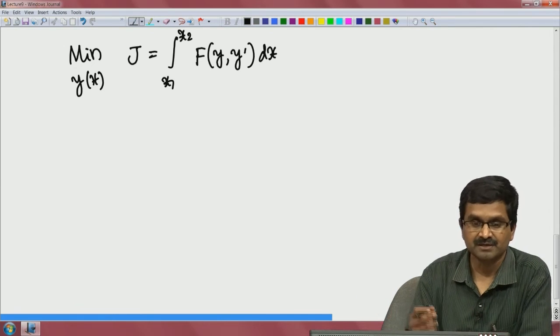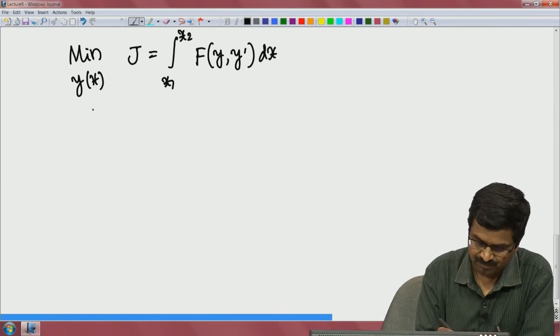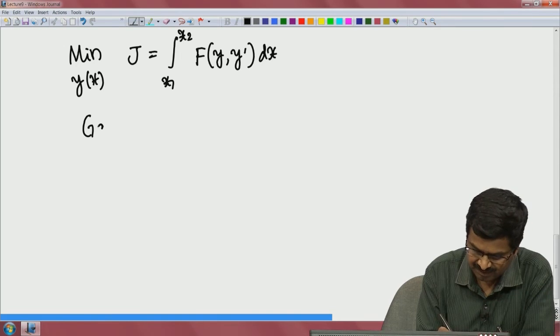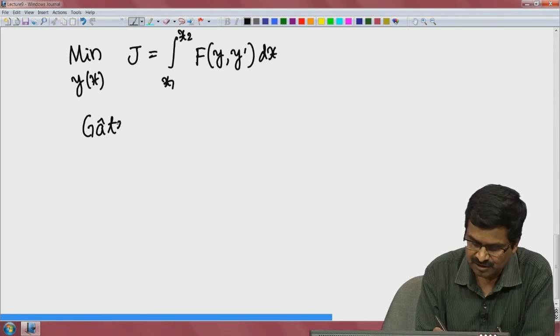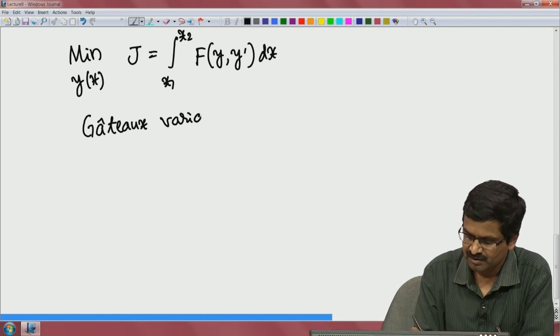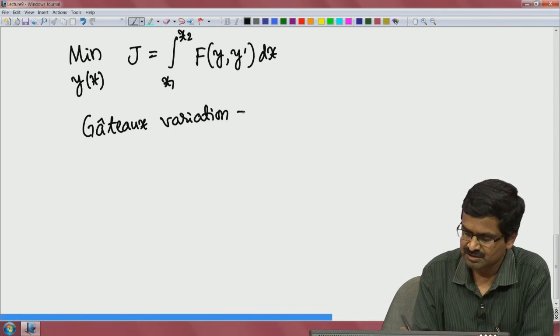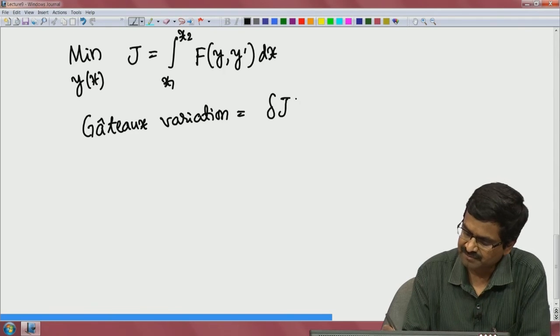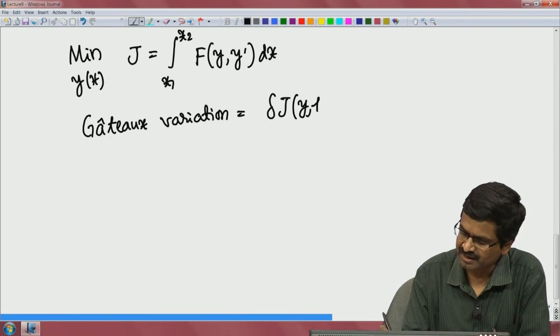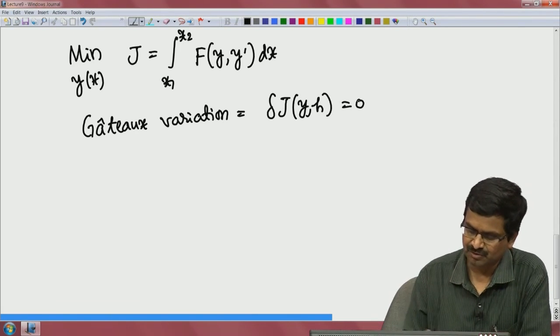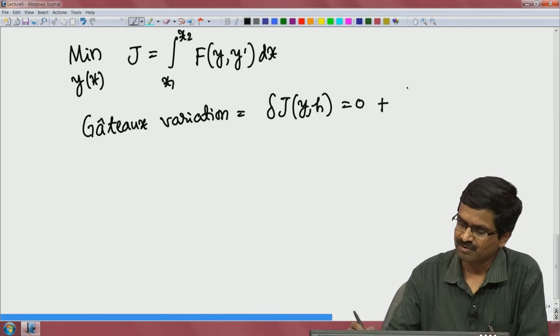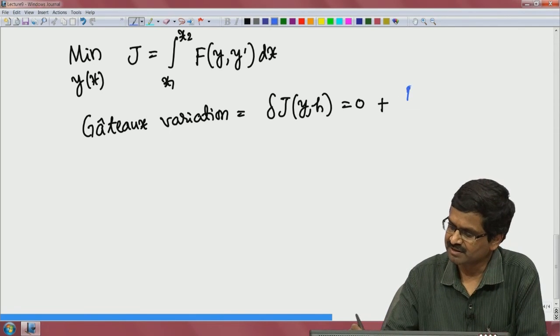So, we got the equation. Let us remind ourselves that we took the Gateaux variation, which is written J, y and h equal to 0, and then we used what we called the fundamental lemma